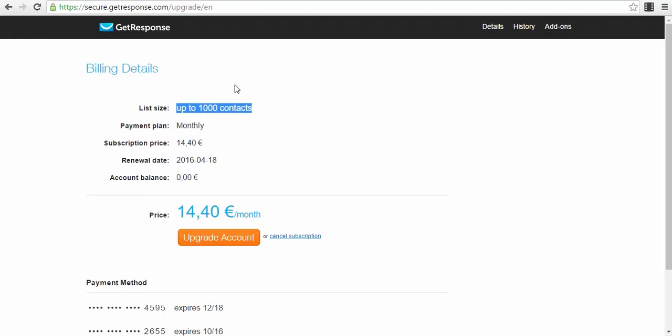What is nice is that in this price you have included the autoresponder function, which is necessary if you want to promote your webinar in a more professional manner. You need to create those reminders in an autoresponder sequence, so you don't have to send them each day to the same people again and again to create different newsletters. You create your email sequence once, your autoresponder, you put it in place, and every time someone subscribes